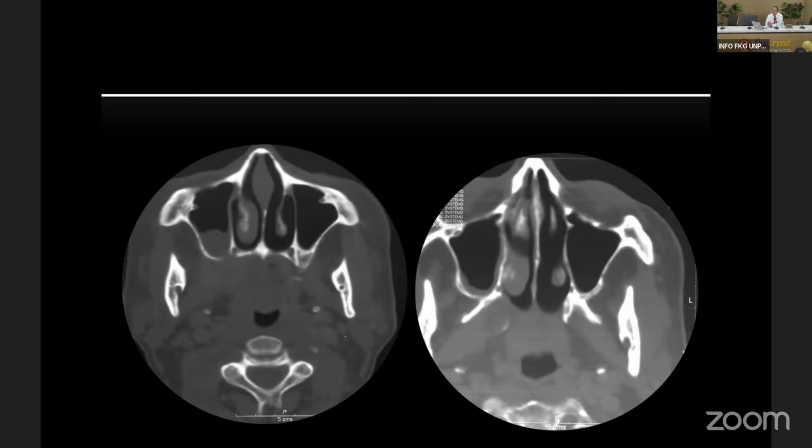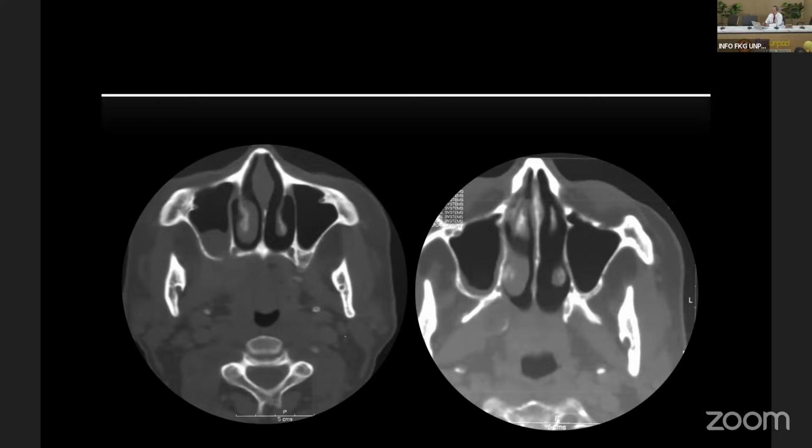You can see there's bone destruction in the posterior aspect of the maxillary sinus. So traditionally this is not what we see with sinus inflammation or sinusitis.